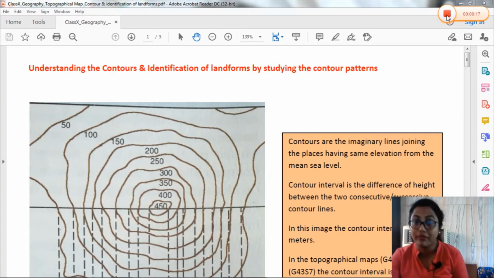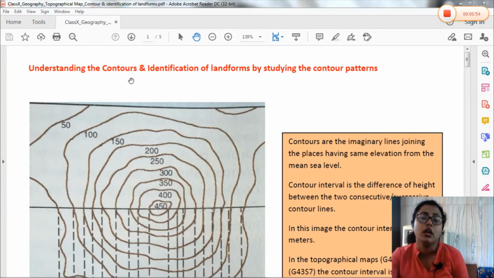In the topomap class, till now I have completed the grid reference system, the color tints identification, and the introduction of the conventional symbols. You have to learn the different conventional symbols. Diagram based questions and picture based study can come in your exam, so you have to practice. I hope you are practicing every day. Then I made you understand the flow and direction of the river, even the compass direction, then what is the left bank and the right bank of a river, and also the drainage patterns. I hope you understood these well.